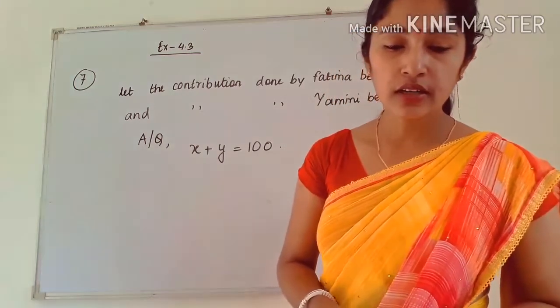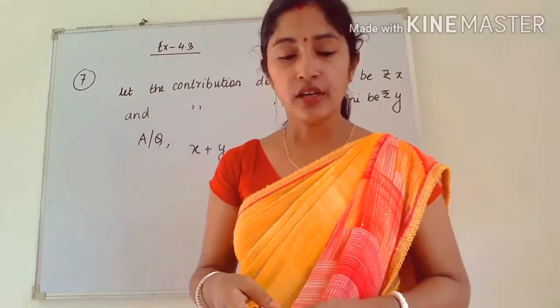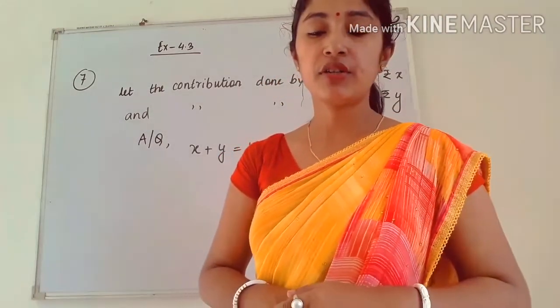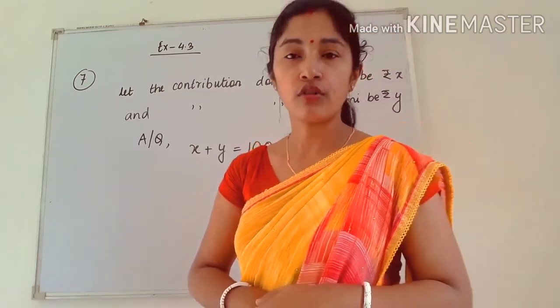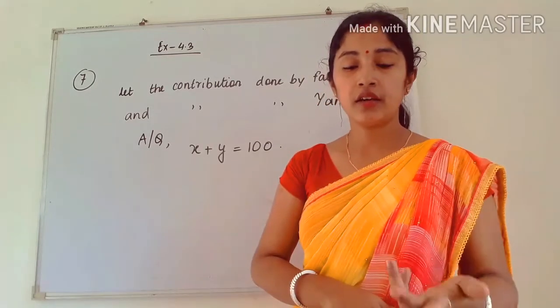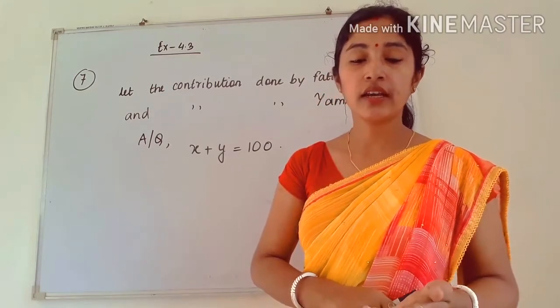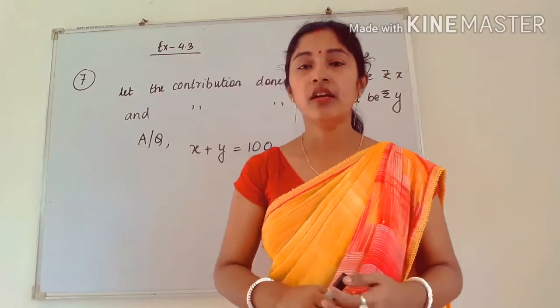Okay, so next come to the next question, number 8. In countries like USA and Canada, temperature is measured in Fahrenheit, whereas in a country like India it is measured in Celsius. So all of you know that temperature is measured in different scales. Okay, so in countries like USA and Canada, temperature is measured in Fahrenheit, but in India it is measured in Celsius.